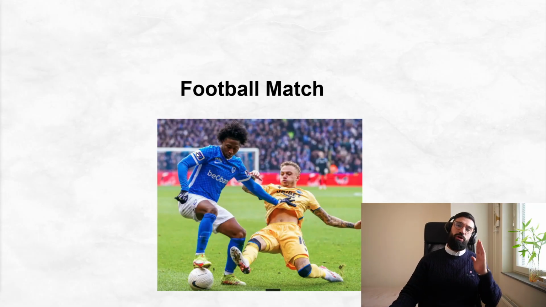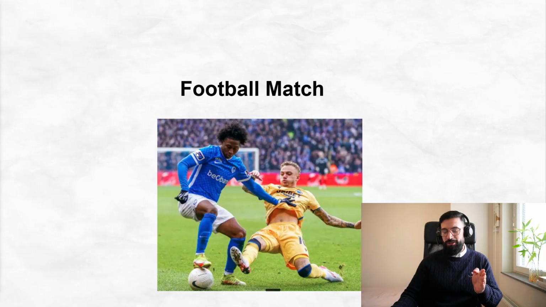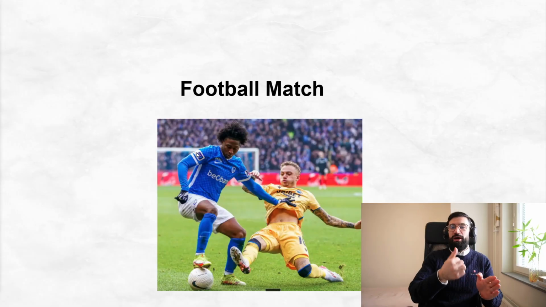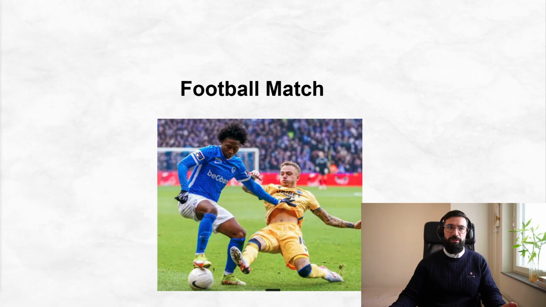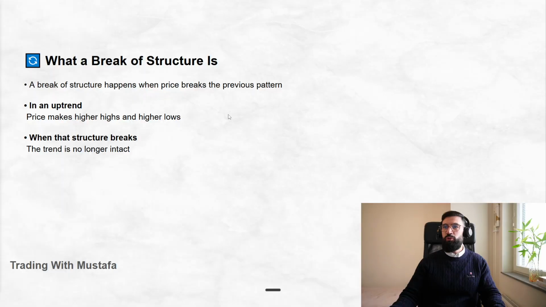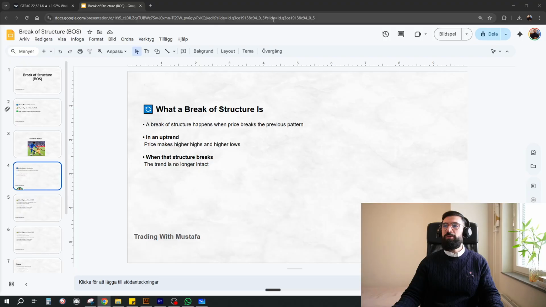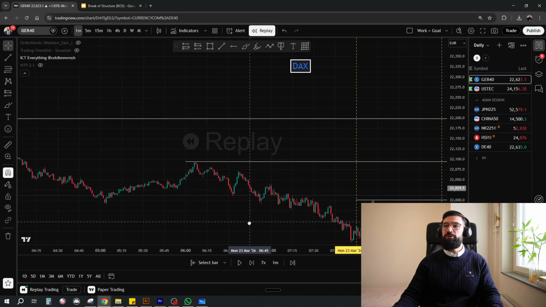So if you're familiar with football and football matches and people playing football, you can see that the one team is running one direction, right? And the other team takes the ball and runs the other direction. And this is what break of structure is basically. It shifts the structure of the market. And in this video, I'm going to explain to you basically what it is. What is break of structure? In an uptrend, in a downtrend, and how it works. And I'm just basically just going to jump into the chart and show you